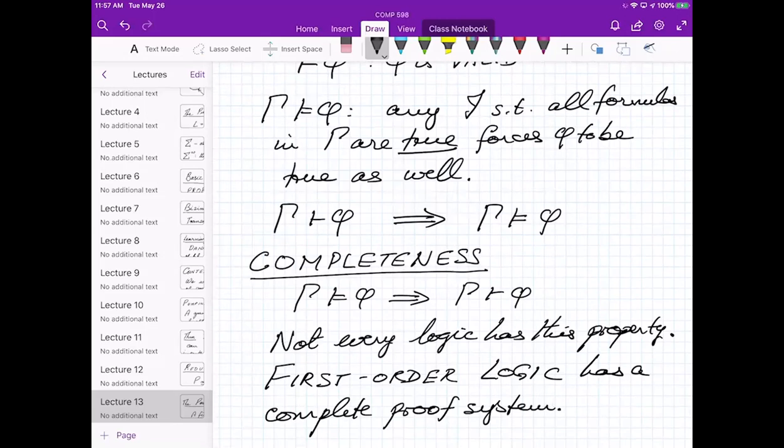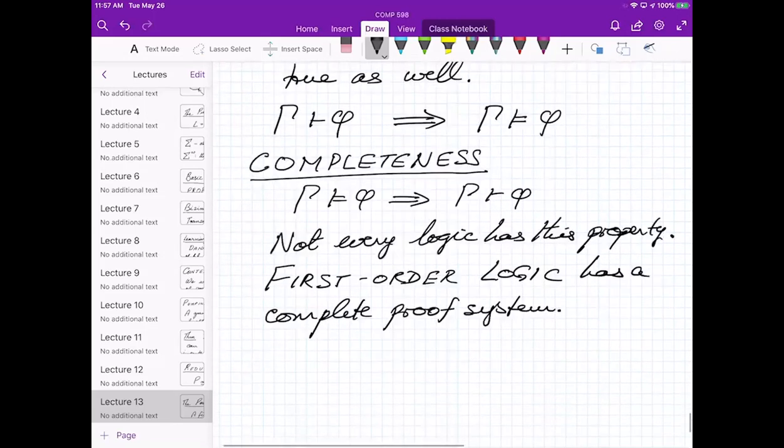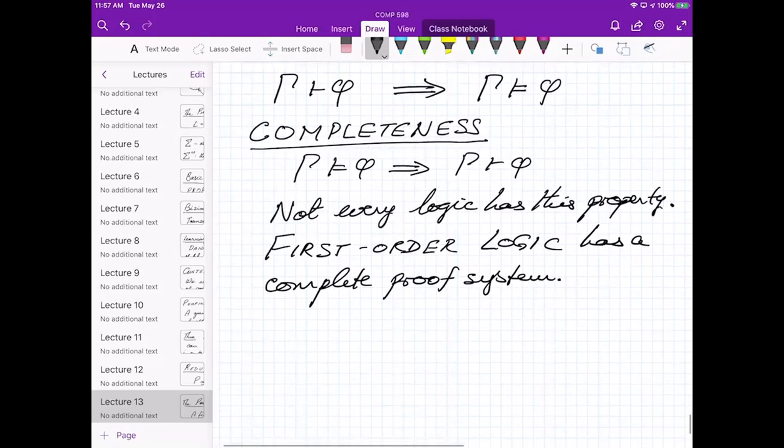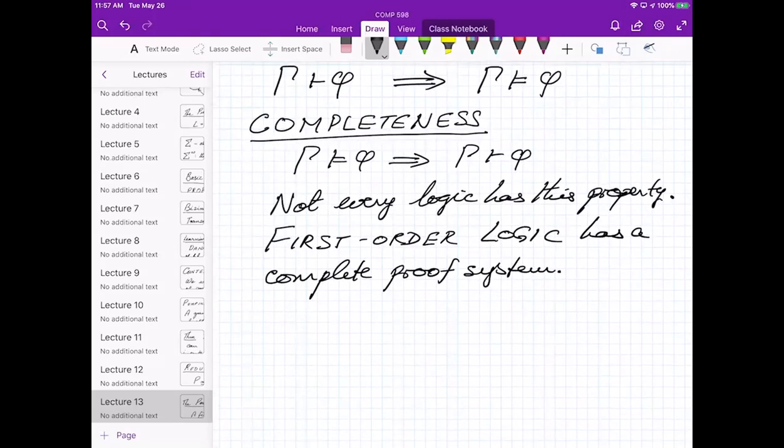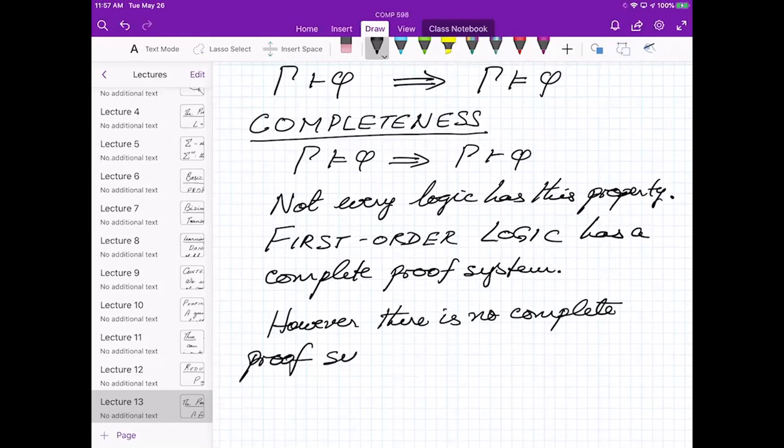Many of the modal logics that we've studied have complete proof systems. However, there is no complete proof system for number theory.